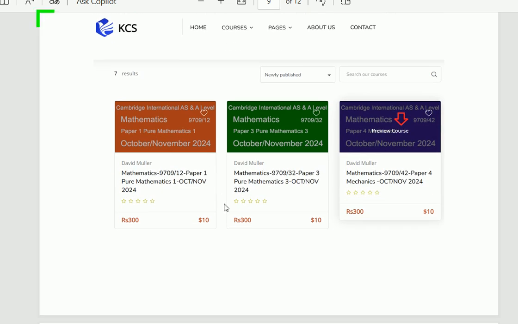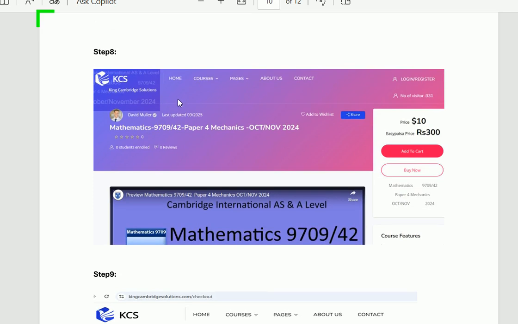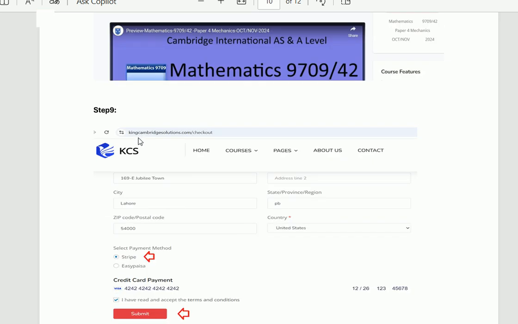On the course, the preview course button will be shown, as you can see in the screenshot. When you click on preview course, you will get this screen. On this screen, first of all, you will click on the add to cart button. When you click on add to cart, after that you will click buy now. After this, you will fill up your Stripe